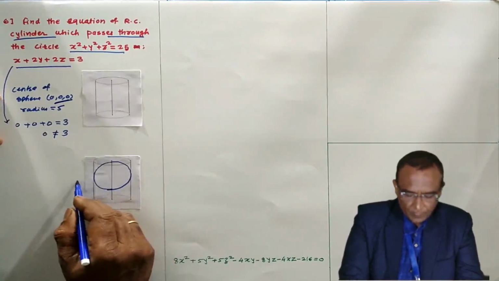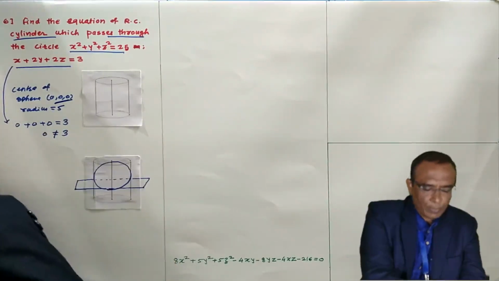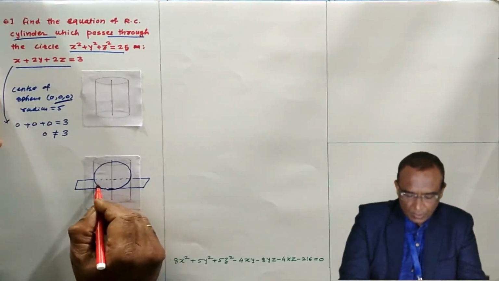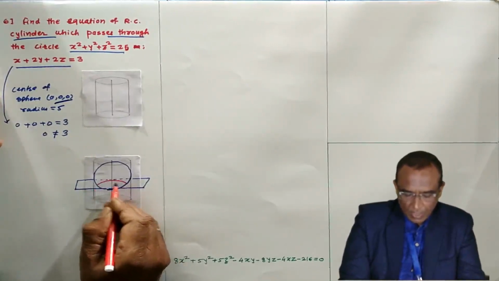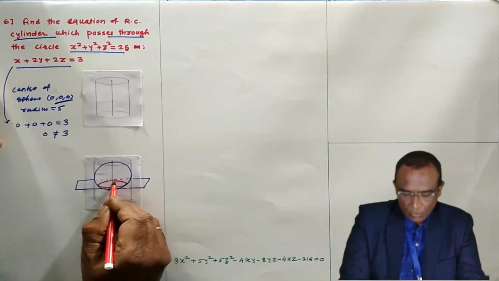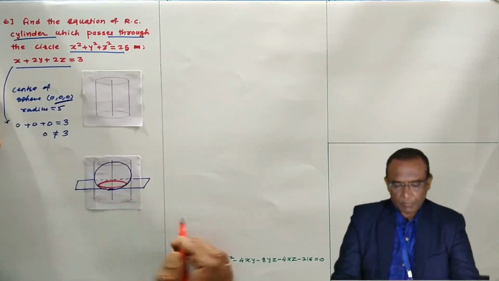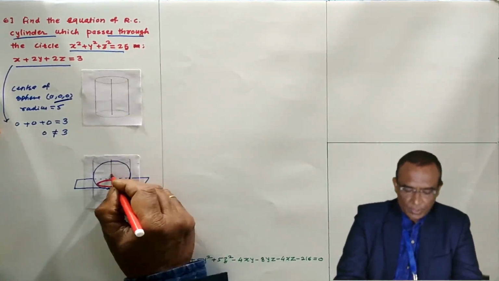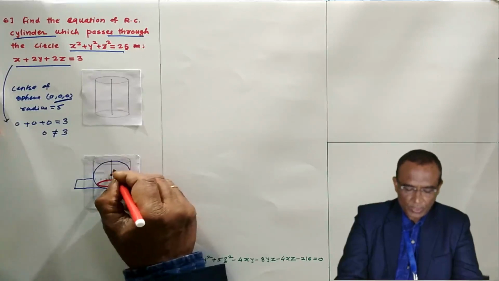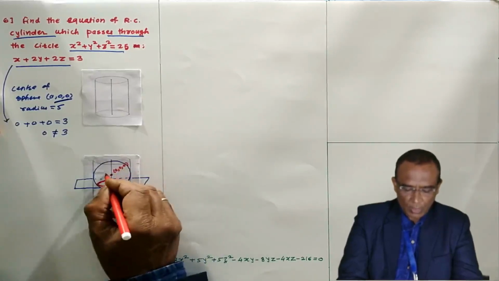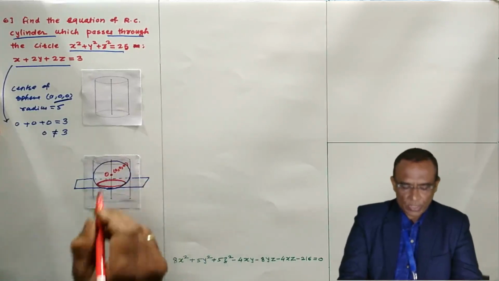This is the plane, and the intersection of the plane and this sphere is a circle, and this circle lies on the cylinder. The cylinder passes through this circle. This is the center of the sphere, and the coordinates of the center of the sphere are 0, 0, 0. I am calling this O. O is the center of the